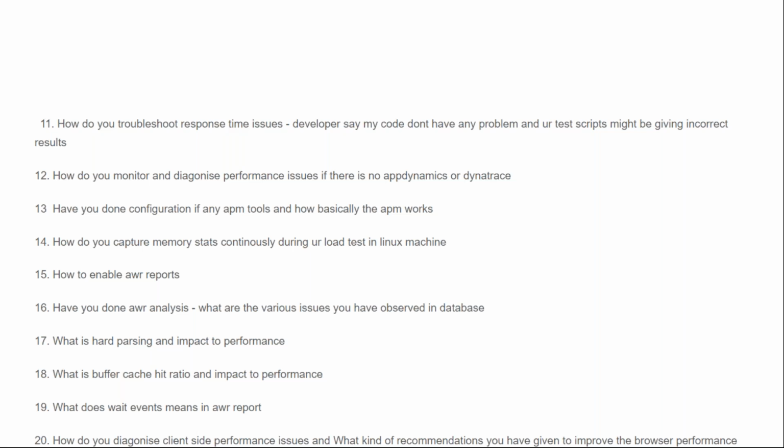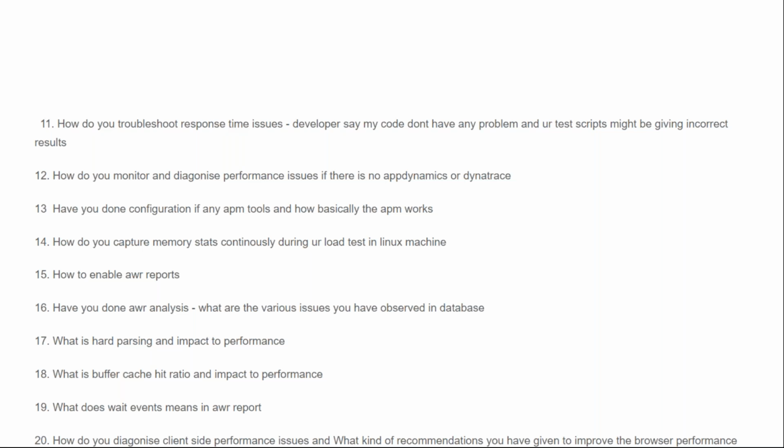So you and me accessing some net banking or Amazon.com, we want the pages to load fast, right? If it is slow, we don't worry whether it is slow because of the database or because of the thread or memory or a client side issue, right? Slow is slow. Which means client side performance is also going to be very important. So for all these questions around client side performance, you will be able to answer not only from the metrics perspective, but also what kind of optimization you can do, what kind of recommendation you can give as an engineer.